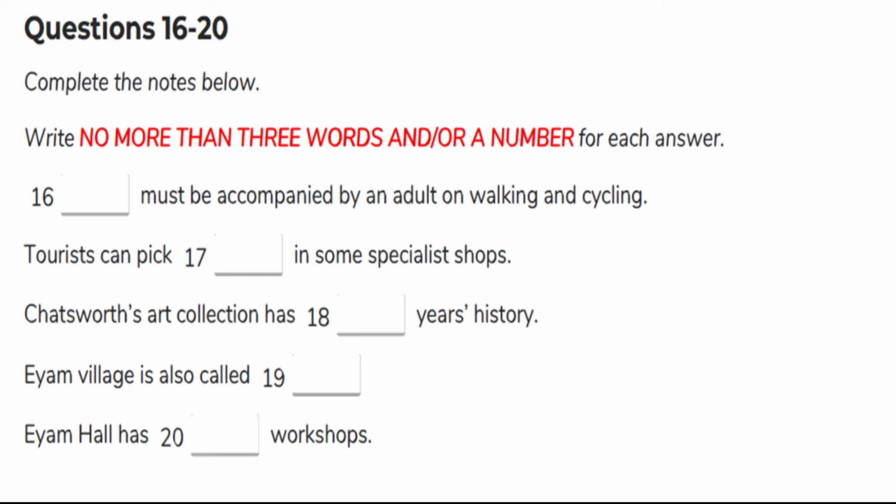Eyam Hall is a small but charming 17th century manor house with a cafe and craft workshops in the centre of Eyam. It has been over 50 years since Britain's first national park was established in 1951. Every year, lots of visitors from all over the world come here to relax and enjoy the natural beauty.